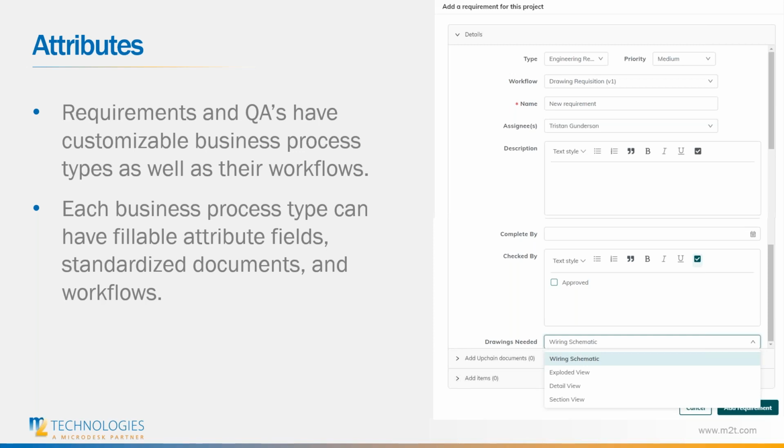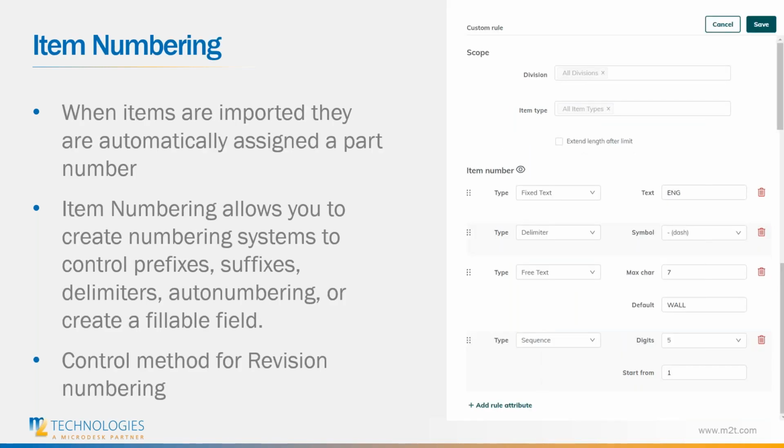Here we can see our form as we're first creating this requirement. So you can see we have our standard components that are the type, workflow, name, assignees, and description. But we also have those additional attributes that we created, including the complete by date, the checked by text field, and this pick list for what drawings are needed. And so we're able to do that. And then lastly, we have our item numbering